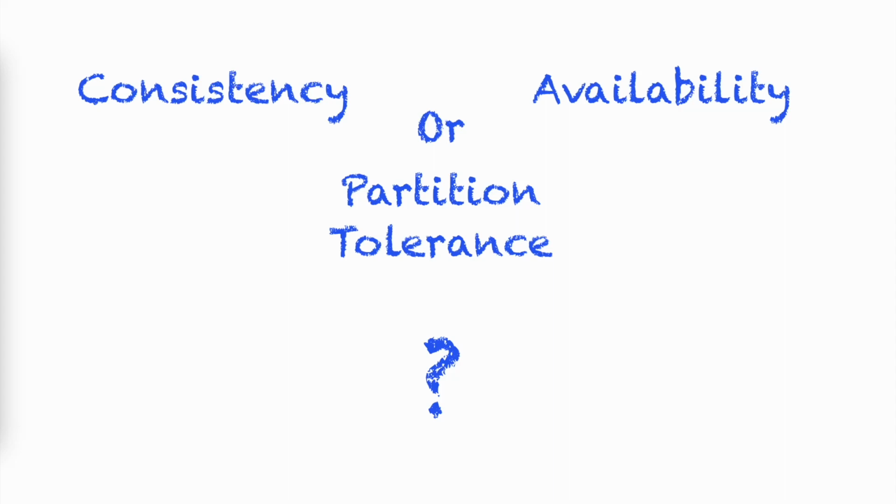Consistency, availability, and partition tolerance. These are the basic features you look for in a distributed system. But out of these three, only two are achievable at a particular time. And this is what the CAP theorem defines. In this video, we'll be talking about the CAP theorem, how exactly it defines which two factors